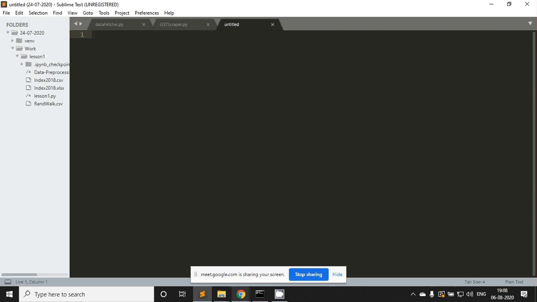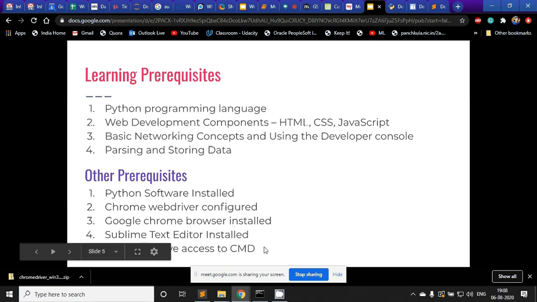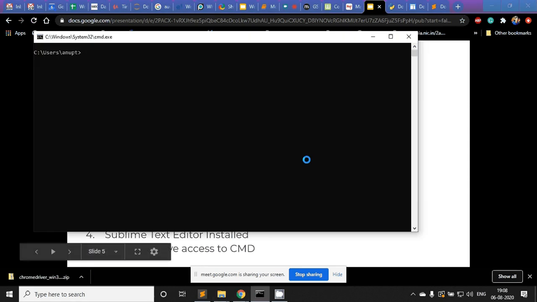Okay. Fourth thing is administrative access to CMD. Why is it needed? Because we will be using some of the commands like pip and easy_install.